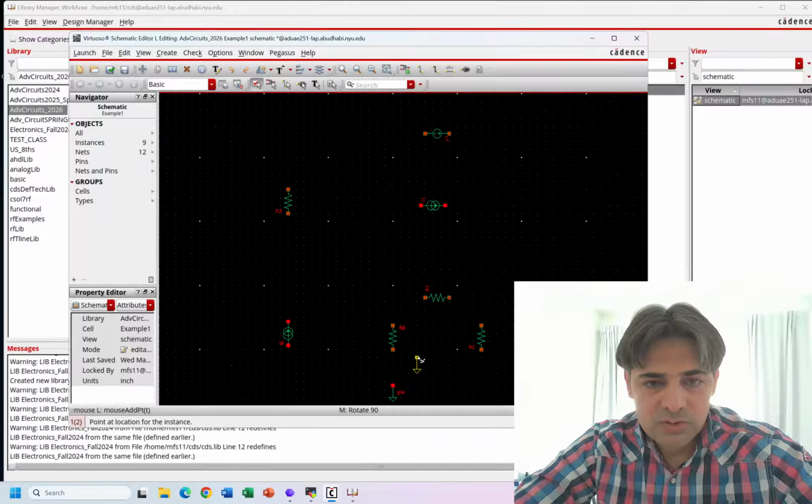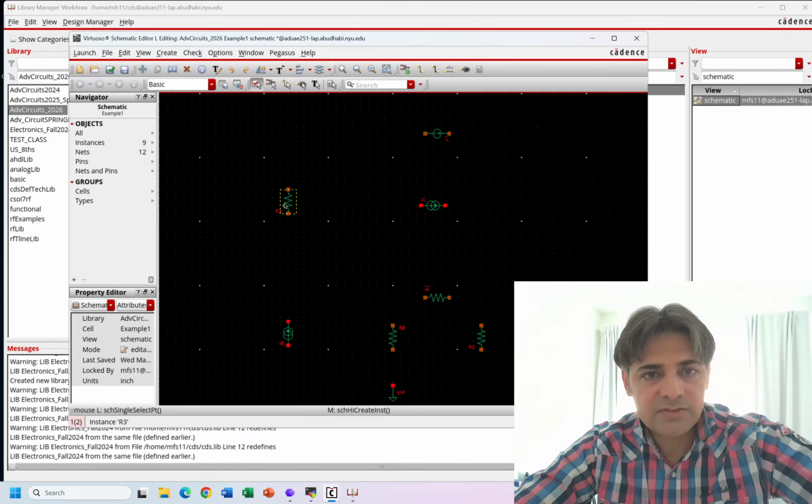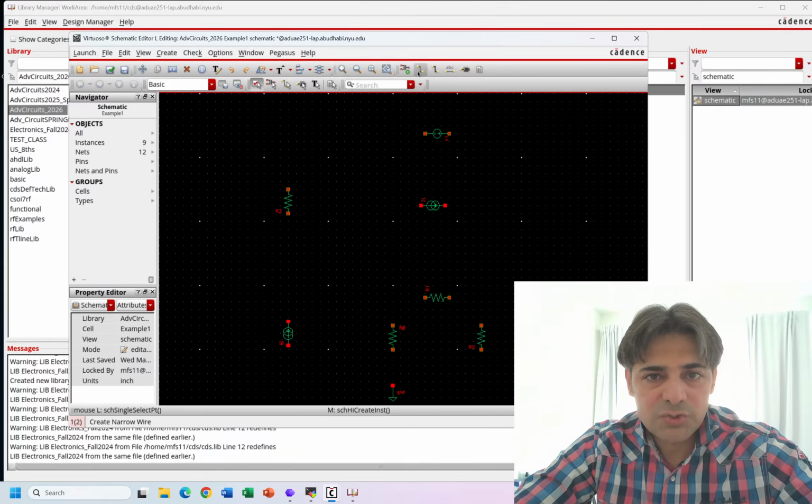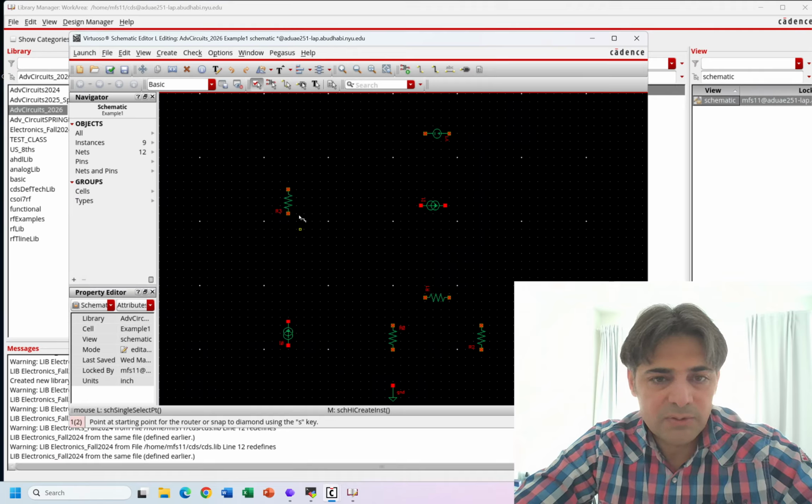Once it is done, I will now start connecting the circuit. For connecting the circuit, you can either choose a wire from here, create a narrow wire, or you can just hit the W key. When you hit the W key, you will see your mouse has this wiggly line showing you that it is ready to connect the wires. So I'll connect